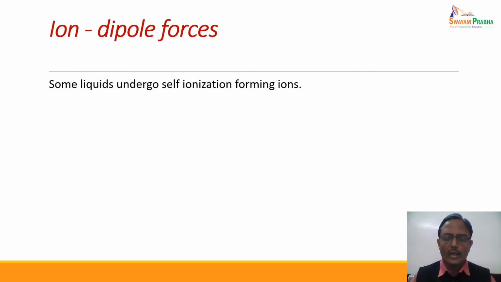Even under neutral pH conditions, we know that 10 raised to minus 7 molar concentration of H plus, that is H3O positive, and 10 raised to minus 7 molar concentration of OH negative exist at around 18 degrees Celsius or at room temperature. So such ions exist in the liquid even at room temperature, without any additional or external agent.